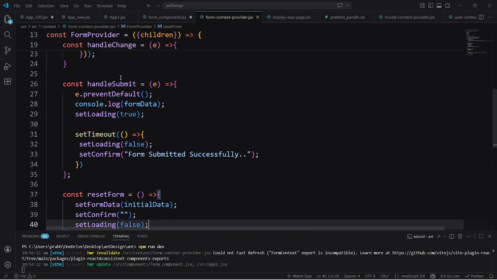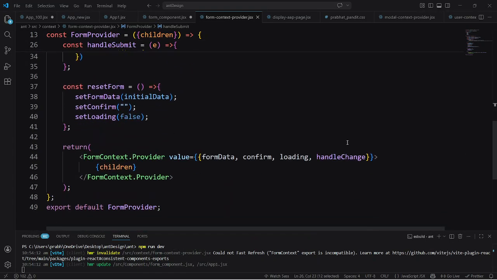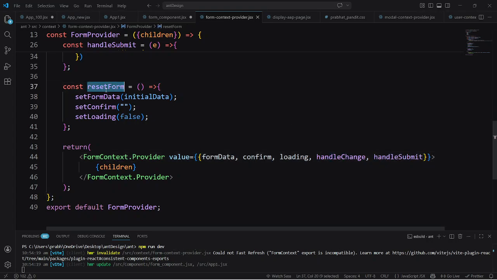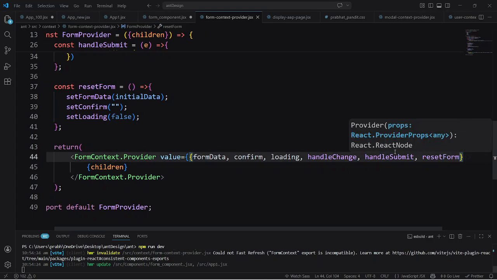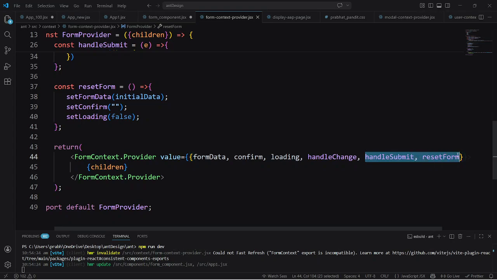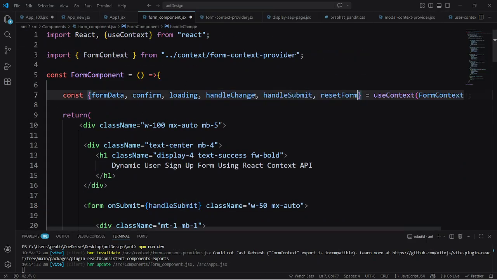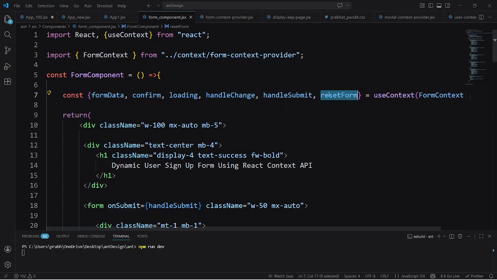So let's expose this function handle submit through this value object, and let's expose this reset form method as well. Save the file, copy these methods, handle submit and reset form, from here. Copy it and save this file first, and now we will grab this. So copy this reset function from here